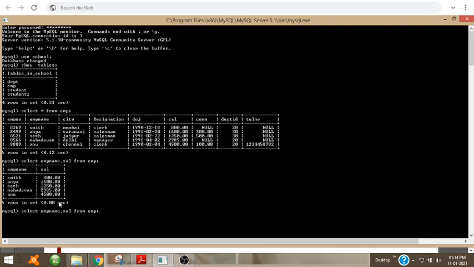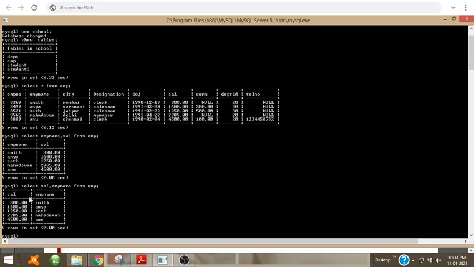Now if I change the order and I write here sal, comma, EMP name, then you can see the output. This order does not change in the table, it is just shown on the screen. It is not saved in the table.